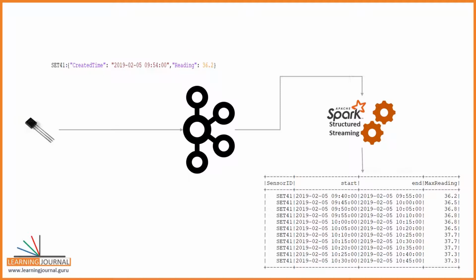This could be a patient monitoring system where the sensor is attached to a patient measuring vital value. It could be a sensor attached to an engine of a machine measuring some parameters. Whatever it is, you are now asked to generate an output that looks like this. The first two columns are the start and the end time. The third column is the max reading value which you received in the most recent 15 minutes.